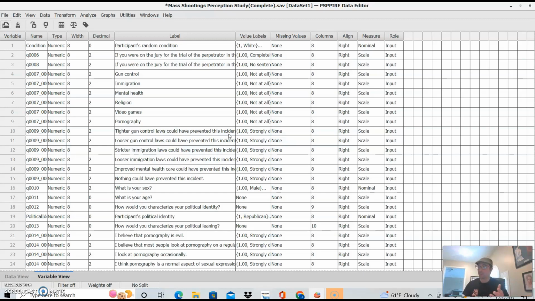So in case you're wondering, what does post-hoc analysis even mean? Post-hoc analysis simply means that it is additional analysis that was conducted that might not have been directly connected to the hypothesis or the research questions, but still helps to clarify the context of what was found. So I've got an example here.